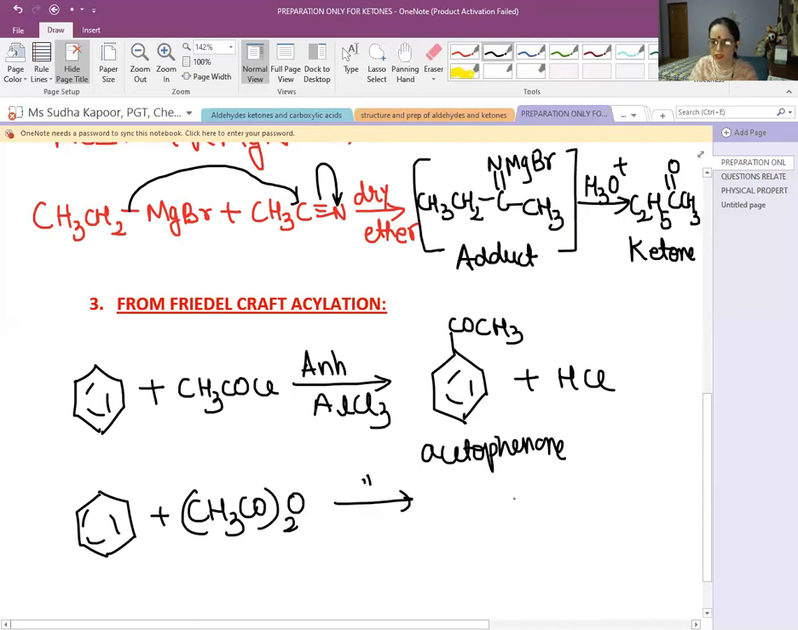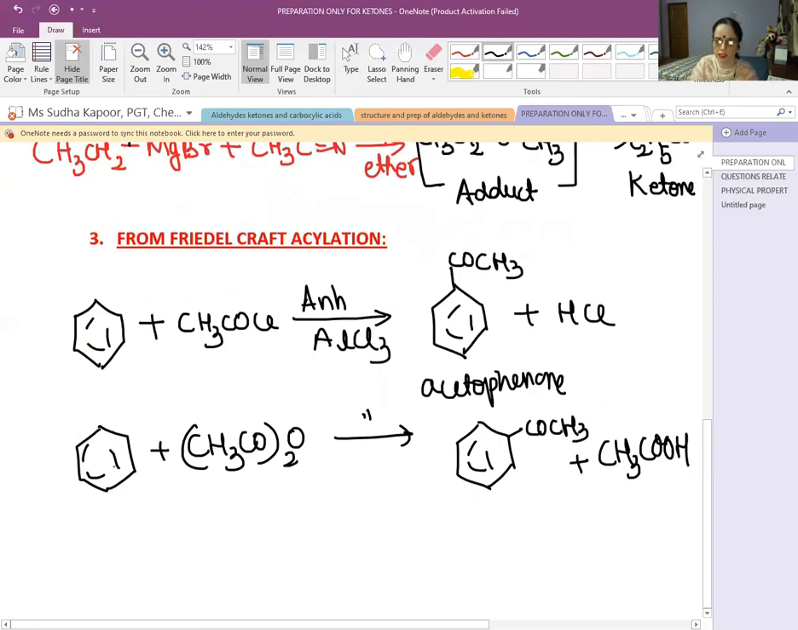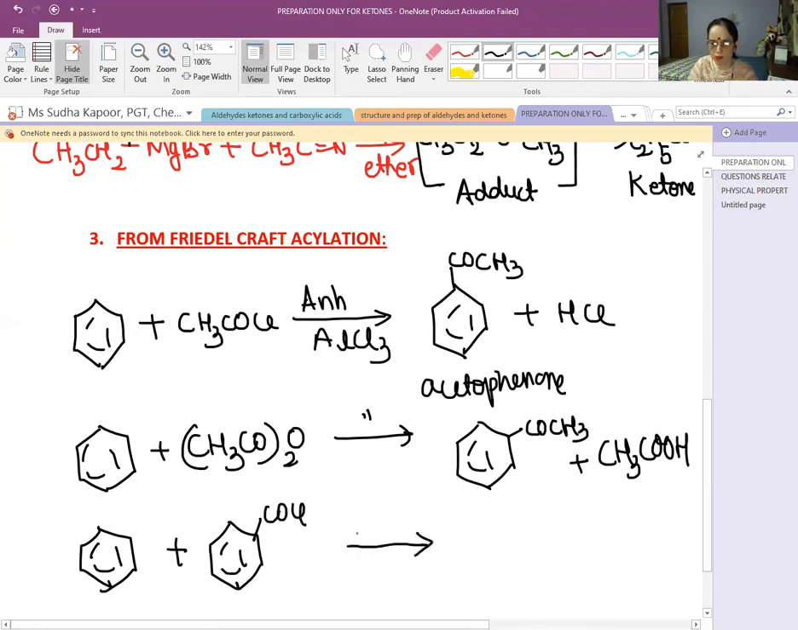But this reaction can even be accomplished if we take acetic anhydride, (CH3CO)2O, followed by the same method. We will again get acetophenone, but the byproduct in this case is CH3COOH. Now, one more thing that can be related here is, if we take benzene and in place of acid chloride, we use benzoyl chloride, C6H5COCl, followed by the same presence of anhydrous AlCl3,